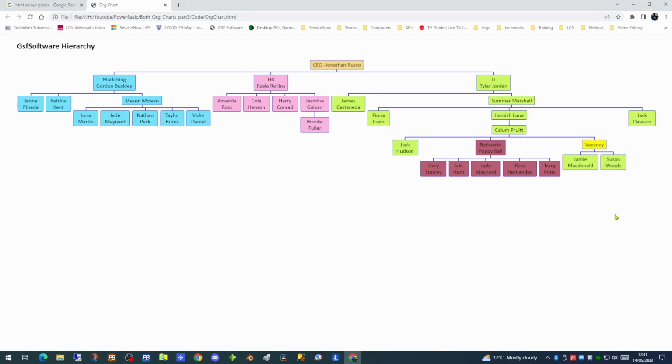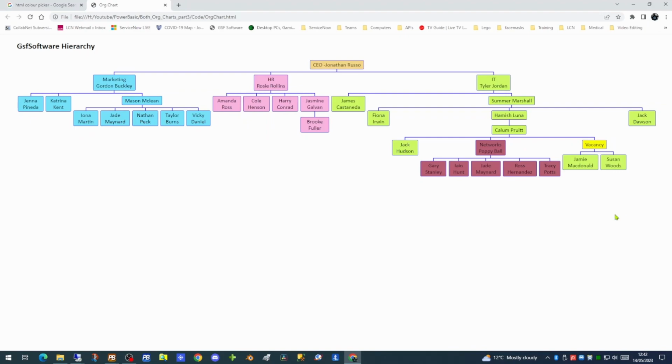If you have a large organisation with many hundreds or even thousands of staff, the organisation chart is going to be very big, and you may want to generate a subchart just of a department's staff. In this chart at the moment we have 4 departments: marketing, HR, IT and networks. If we wanted to generate a chart just for the marketing department, how would we go about doing that